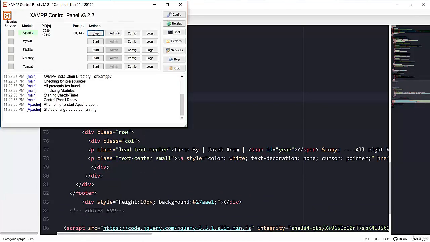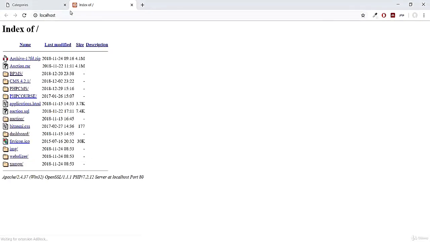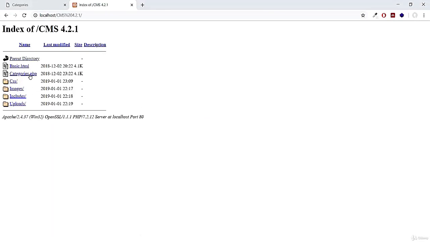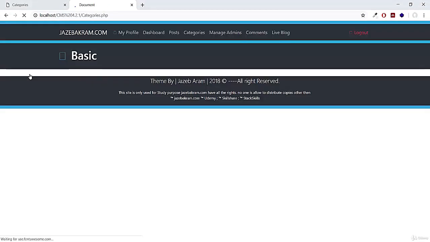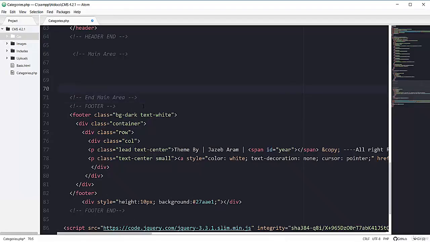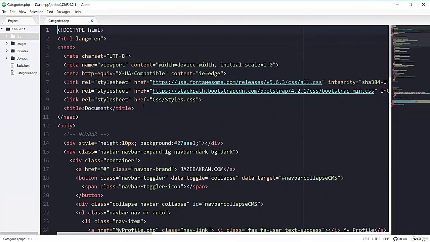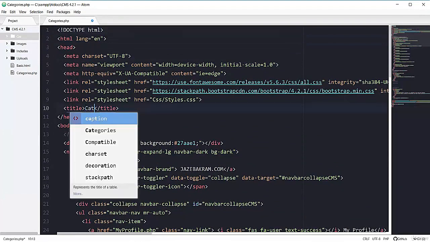So inside my localhost, you can see we got this folder CMS 4.2.1. Clicking on this categories.php file, and this was our basic page. Now let's change first its title to categories.